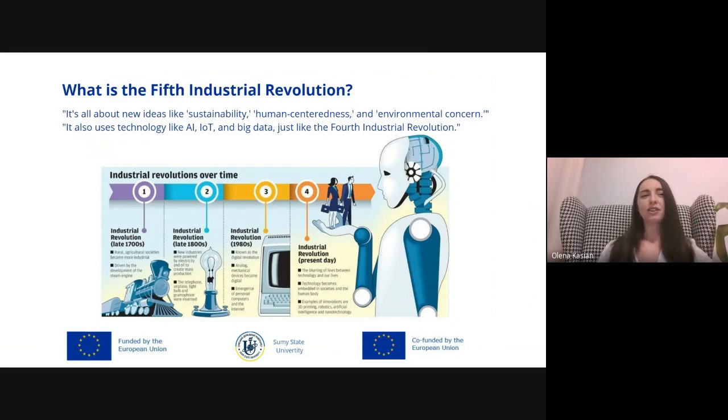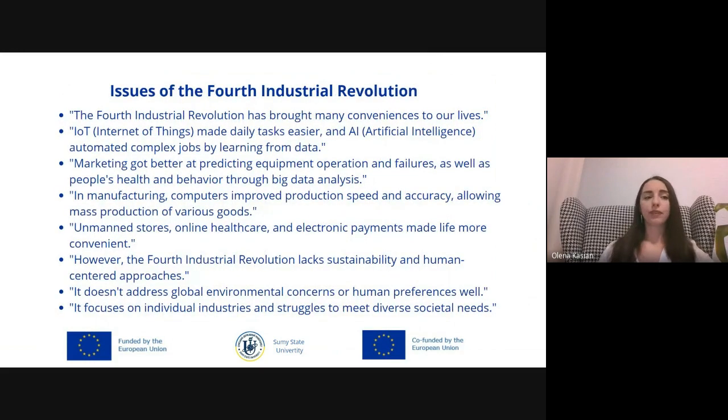In addition to the transformation of industrial structure through the utilization of AI and also IoT, which is the Internet of Things, and big data, and also others, which was debated in the fourth industrial revolution that we talked about in a previous lecture. So the fourth industrial revolution, IT, brought